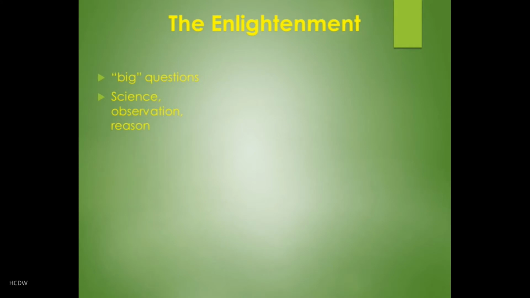So just to give a quick definition or description of the Enlightenment, it was an intellectual movement originating in Europe in the 17th century, which grappled with big philosophical questions such as God, religion, nature, and life and death, with the core belief that man could answer such questions through science, observation, and reason. Now, we're going to be talking about this idea really over the next several chapters as we go all the way up and through the American Revolution, but beginning in this lesson with some introductory examples and thoughts.